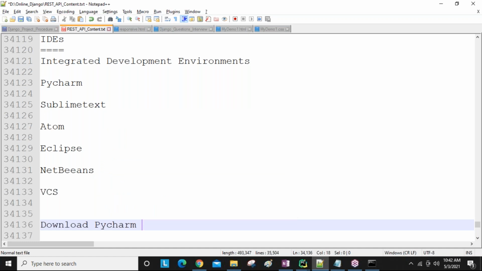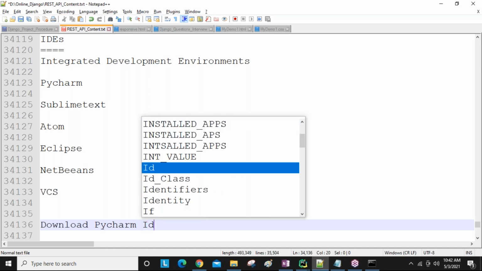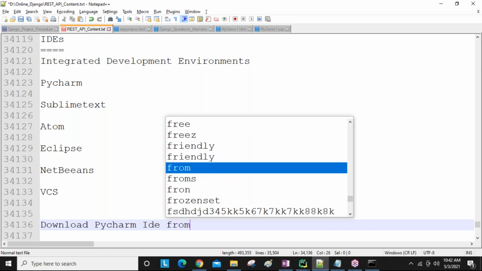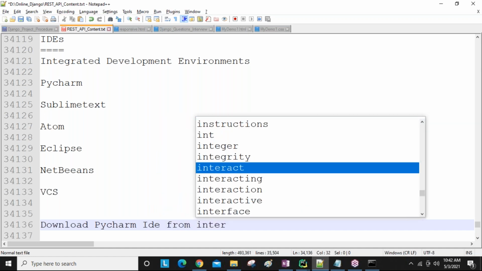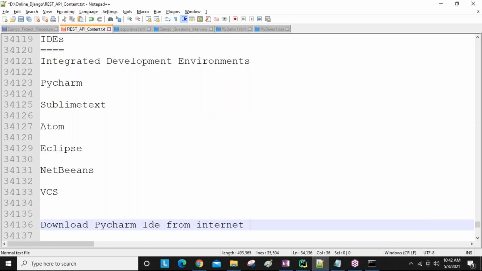When they are learning Python, a lot of people practice only by using the default IDLE. That's why I'm telling information about IDEs: why required, how to install. So download PyCharm IDE from the internet, from Google simply, and install it.